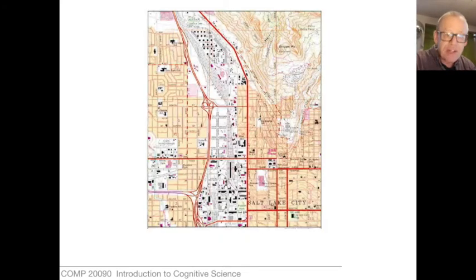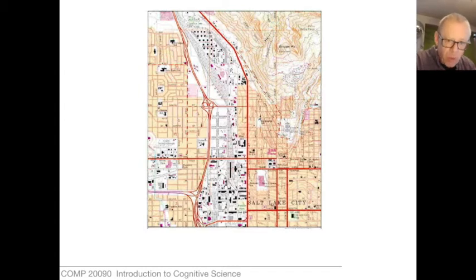That's not it. That's a map of Salt Lake City. It's something completely different from Salt Lake City. But in a very real sense, it's about Salt Lake City. There's certain things you can do with the map that only make sense if they relate in a very particular way to the actual Salt Lake City. This map shows the layout of various buildings, roads, a little bit of topographical information about the mountains to the top right, and not much else.